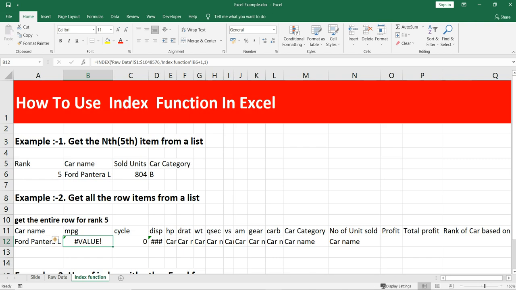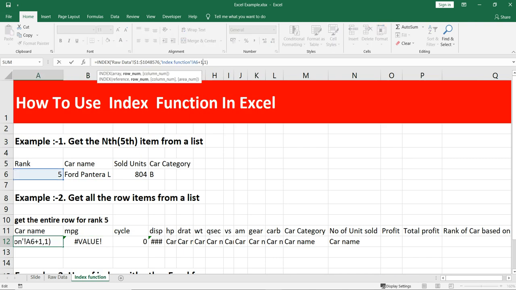So what we can do is make this column number dynamic also. And how can we do that? We can simply put the column function. This column function asks us for the reference and we'll give this reference, simply this one.